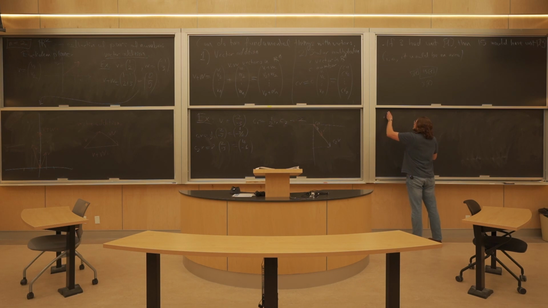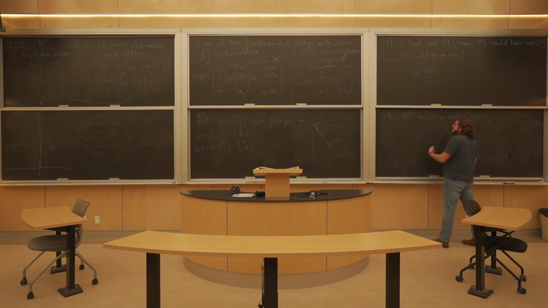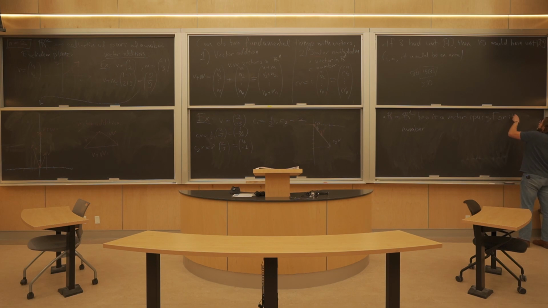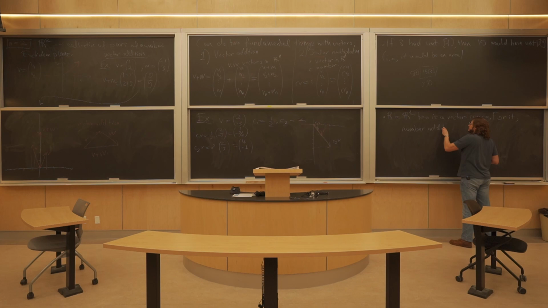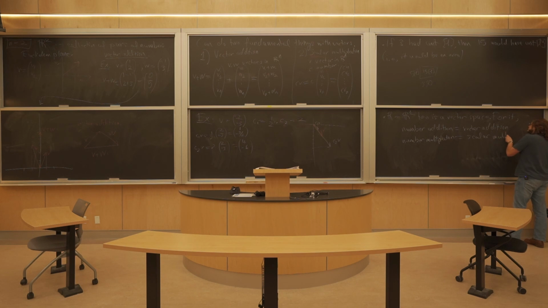So, R, or R to the 1, is a vector space. For this particular vector space, number addition coincides with vector addition and number multiplication coincides with scalar multiplication. For it, number addition is the same thing as vector addition, because each vector has only one entry. That is to say, it's just a number. And number multiplication is the same thing as scalar multiplication,